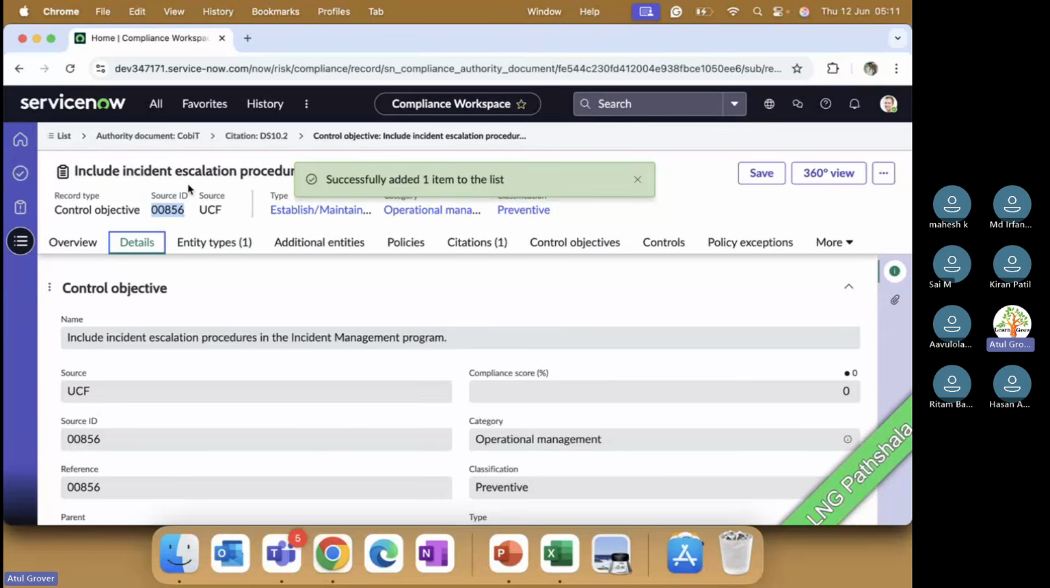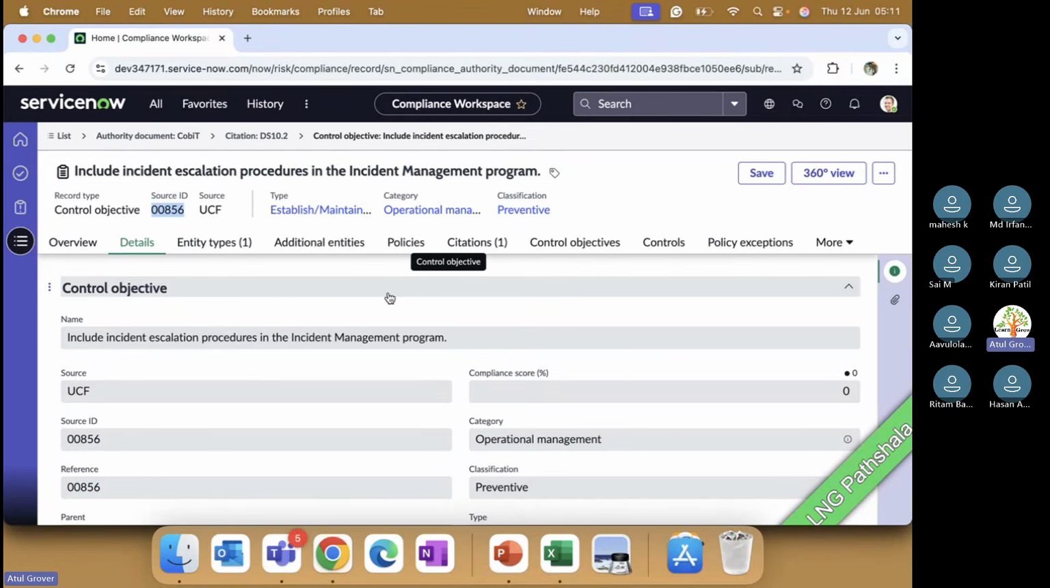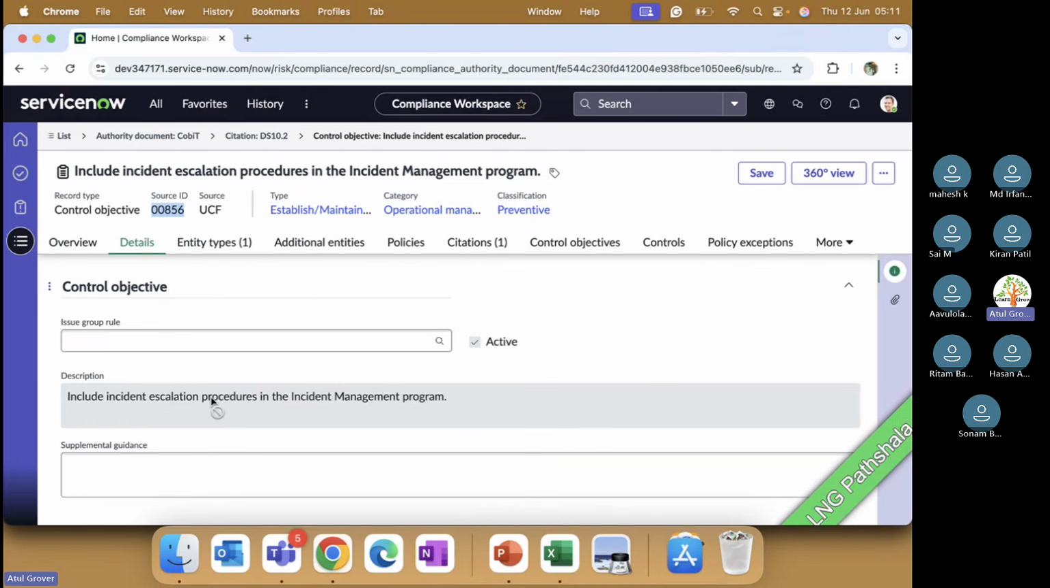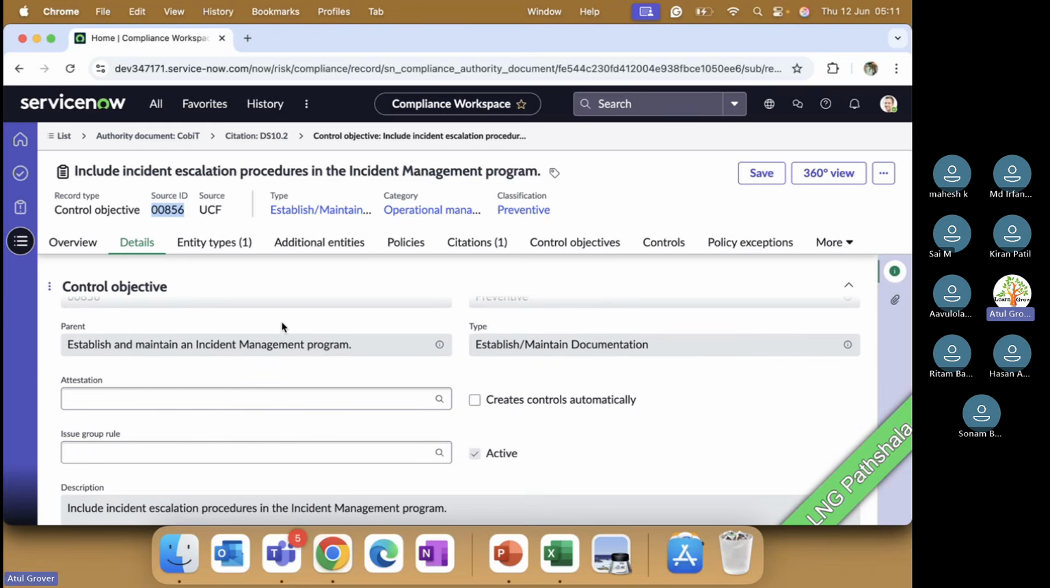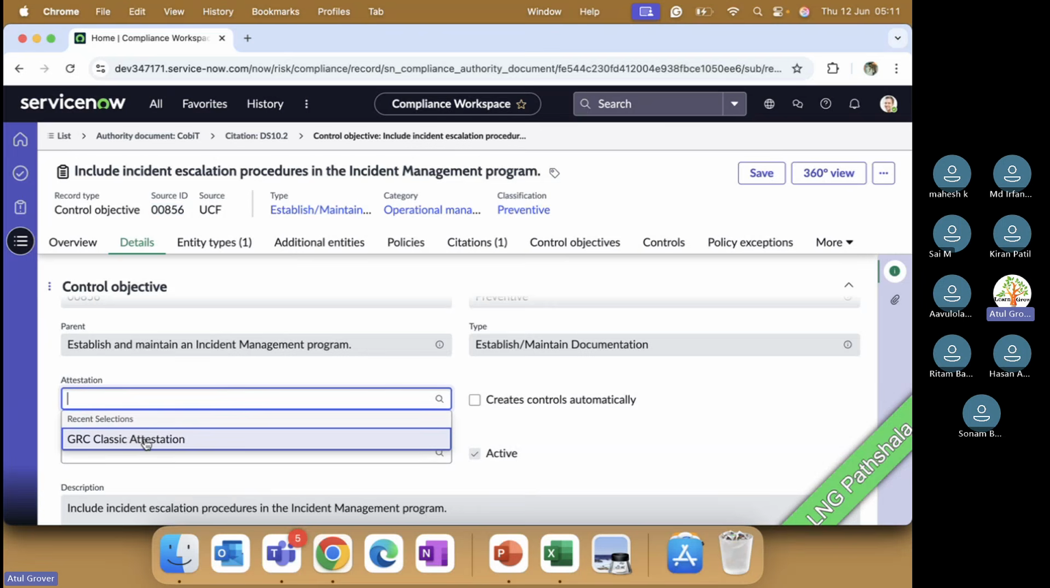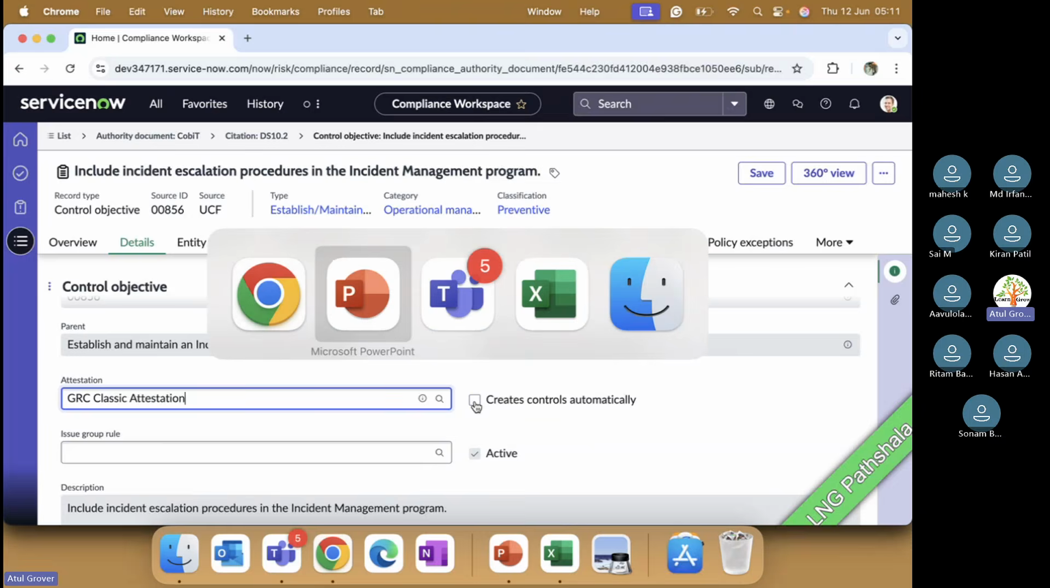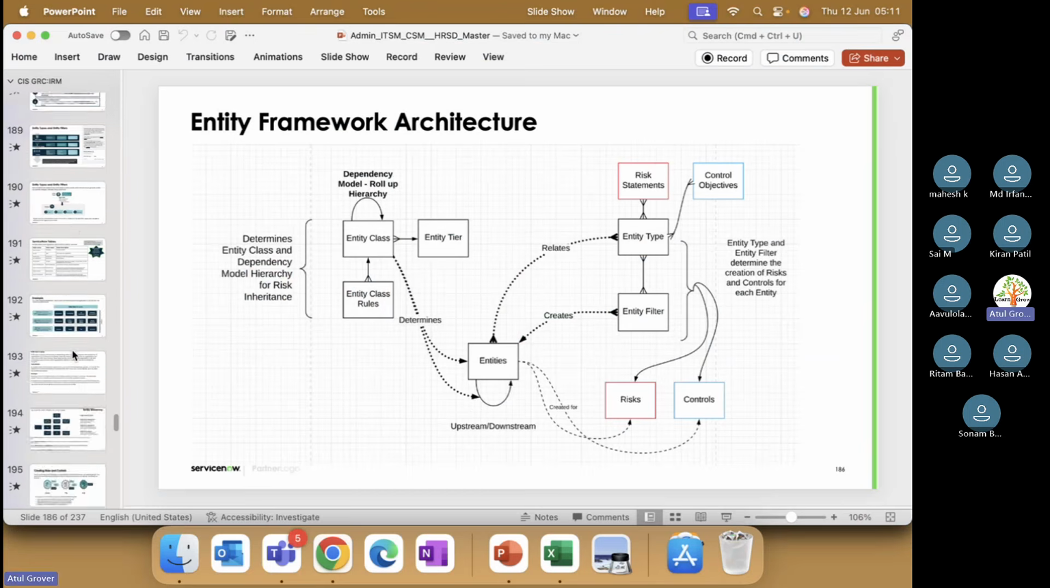details of control objective. In the control objective, we can make a few changes. See, I'm not making changes in the detail description. I'm doing changes here. Today, when this paper is drafted, who will attest it? There is a group called GRC, classical attestation. Do you want to create the control automatically? What does this mean? Come back here. So if you see this image,